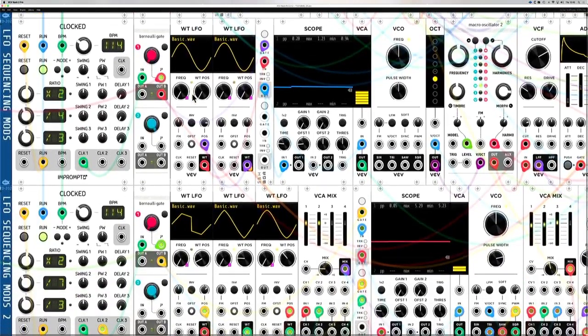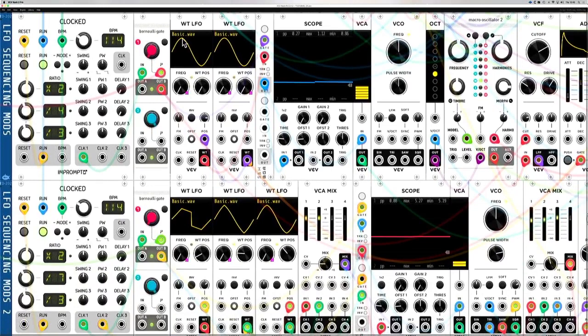The difference this time though is there is going to be a second LFO modulating the position of the wavetable, and it also has its own frequency and positioning. So if we turn this one up, the clock's on this time, so at least we've got a sound. Turning the frequency up,